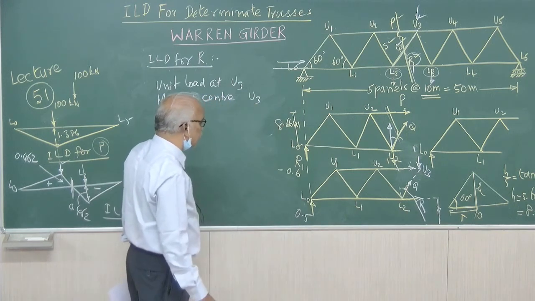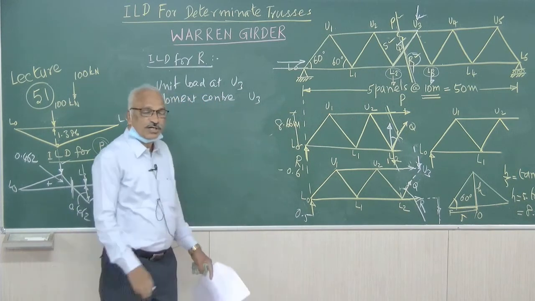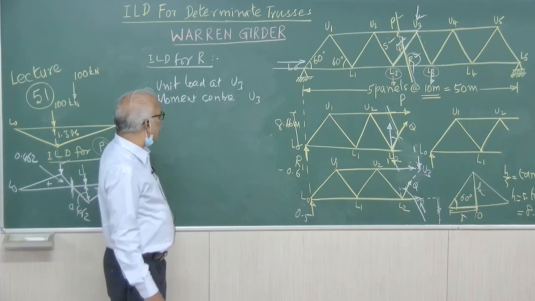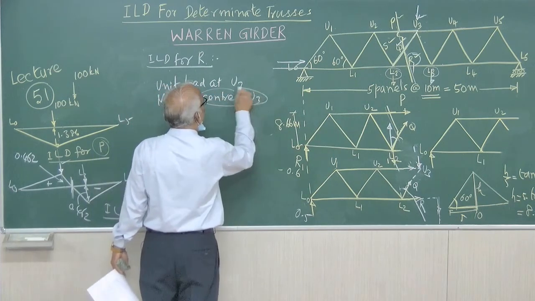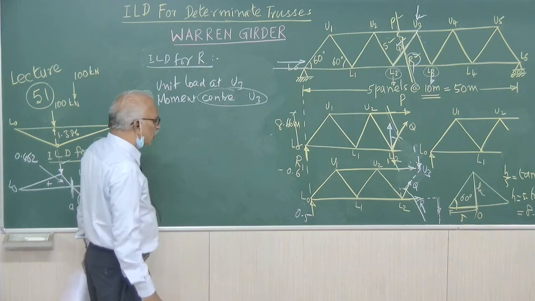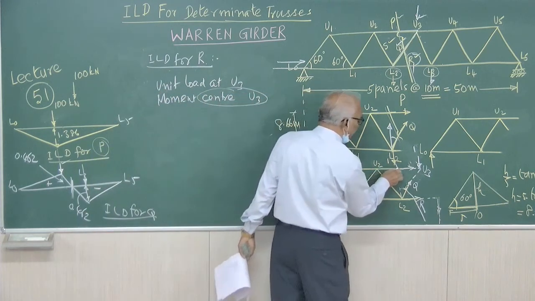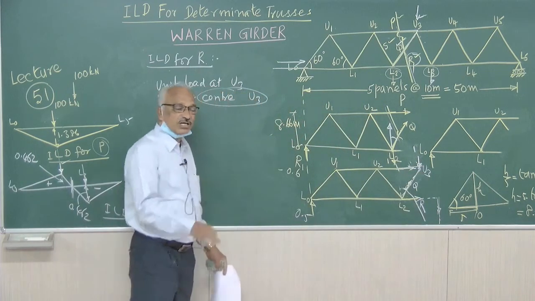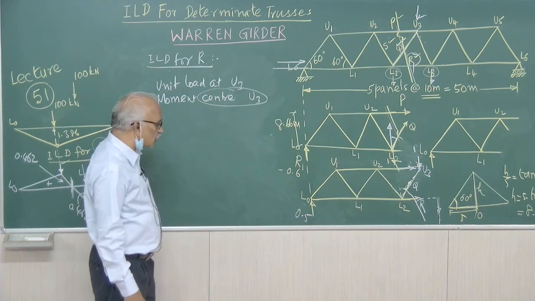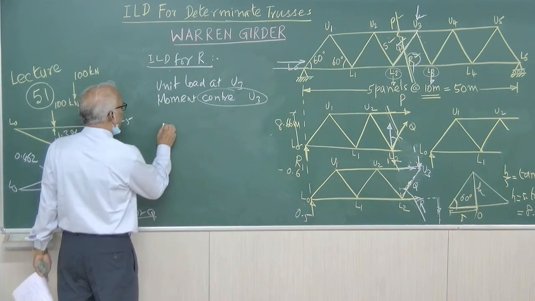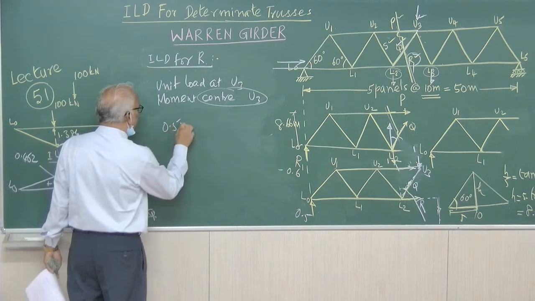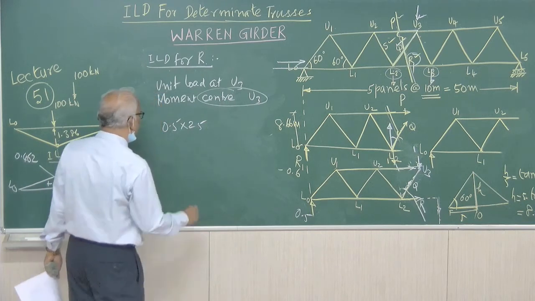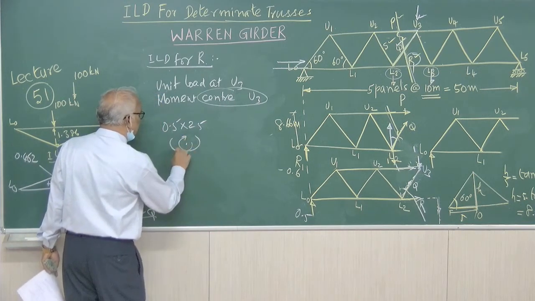0.5 is the reaction. Considering the whole truss. When you find out the reaction, you have to imagine the whole truss. Right, 0.5. Now, moment center is U3. Take moment about it. Here, the other two cut members P and Q meet at the point U3. You can easily eliminate the other two members when you take moment about the point U3. Therefore, moment about U3 equal to 0.5 reaction into 25. 0.5 into 25 is a clockwise moment because the reaction is upwards.